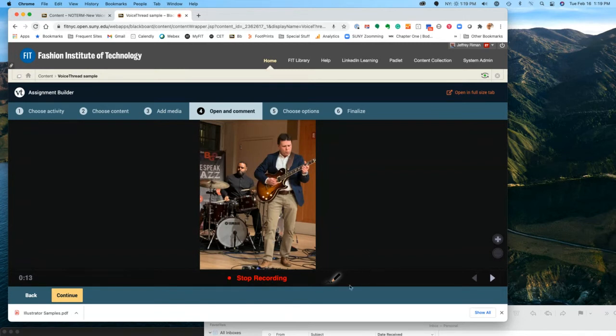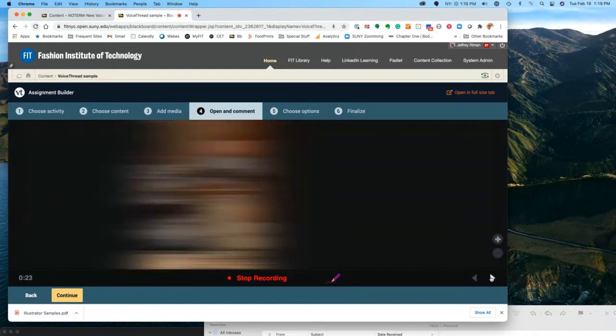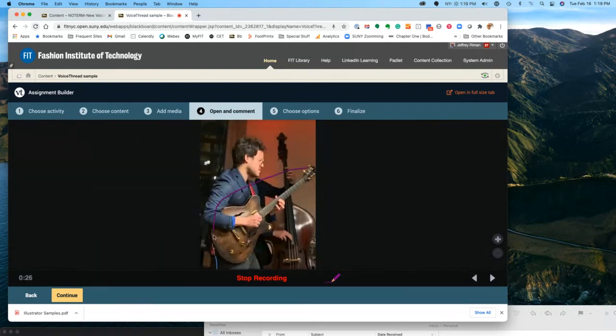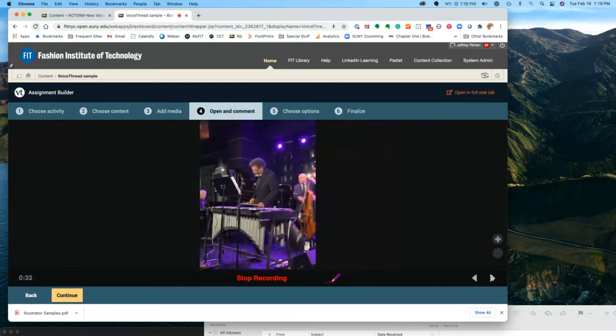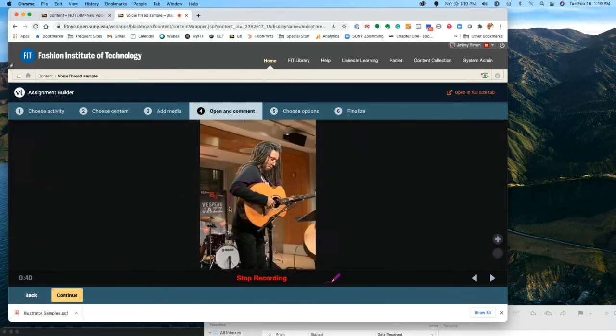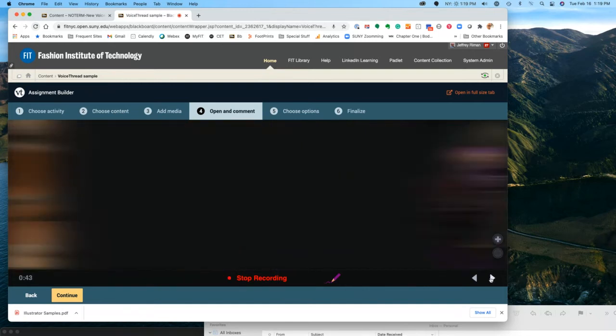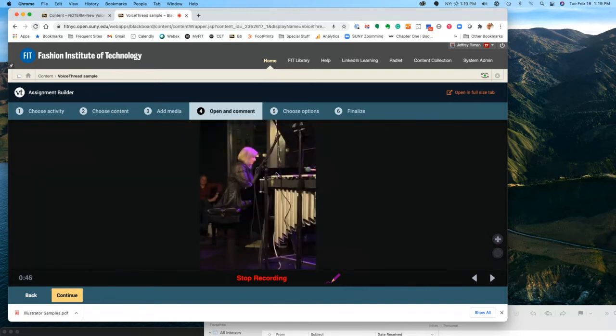And so now I'm going to tell the story of why these images are here. I can choose a color, and I can say, I love jazz, and I love jazz guitars. Whenever I go to a club, I'm always sure to get a picture of the guitar that each musician is using, and if I'm lucky, I'll see them later on to talk about it. I also like the French bass, so I'll circle that. And as I continue through, piano is pretty good too, and I happen to like this pianist very much.